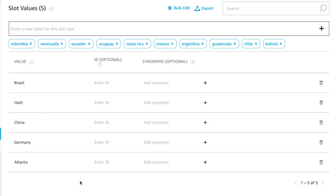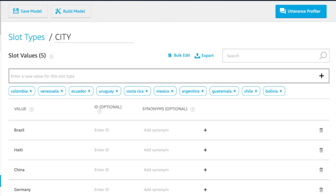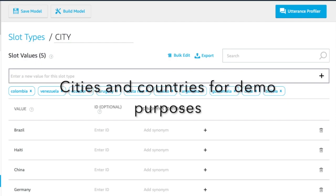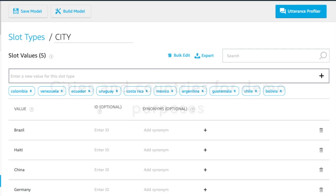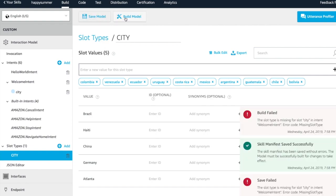Our custom slot only supports the following values. But what we really want to happen is, based on whatever city the user said, such as welcome Atlanta or welcome Germany, we get that city and then display a custom message to make our model a little more interesting to interact with. Again, we've made some changes, so we save our model and build it. And while our model is building, I'm going to...